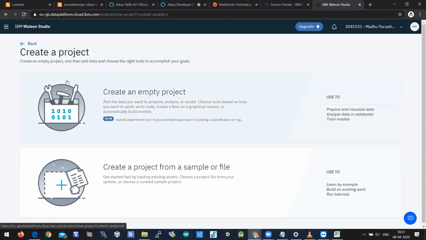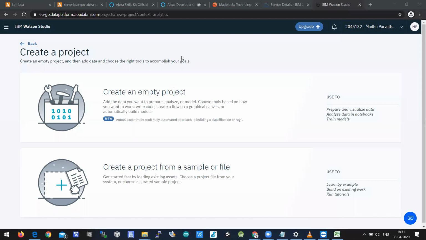Visual recognition in the sense it is just image recognition or image analysis. Or when you talk about video, sometimes people talk about video analysis and all. Video analysis also comes under visual recognition. Maybe in the next webinar, I'll be showing how to do video analytics. But in this webinar, I'll be focusing on single image analysis, which is a visual classifier. So let us create a project.